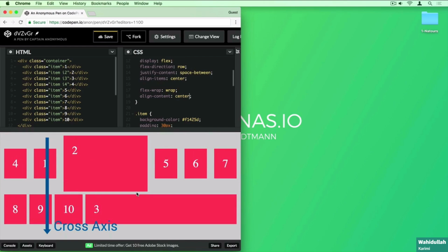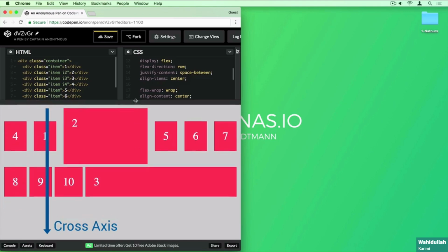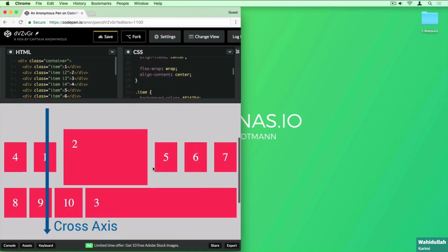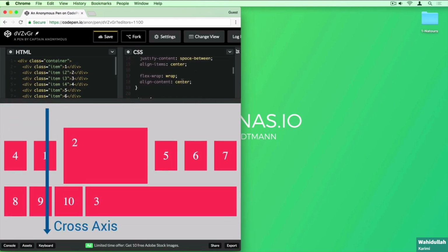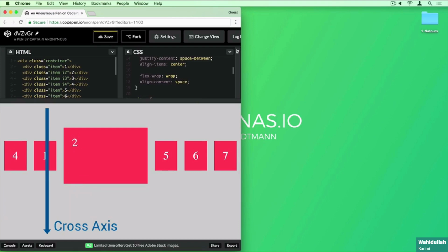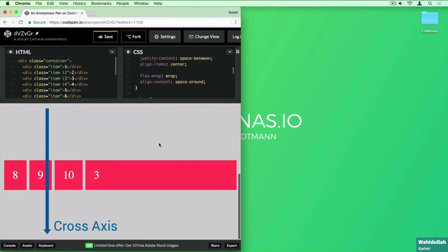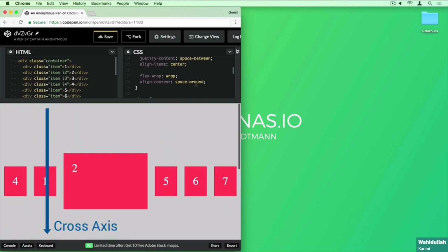So basically vertically, right? Now this is a bit difficult to visualize here because we don't have a lot of space here, okay? Let's increase this a little bit more, okay? Now there's also space around, just as we have in justify content. So it's the same logic. And this is what it looks like. So basically it distributes the space between the rows so that the space on the bottom and on top of each of the rows is the same. Okay, so just like with justify content. Then we also have space between,